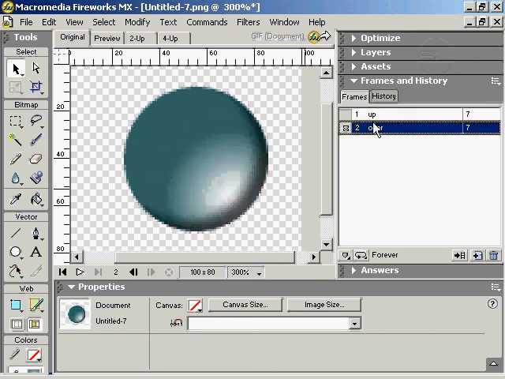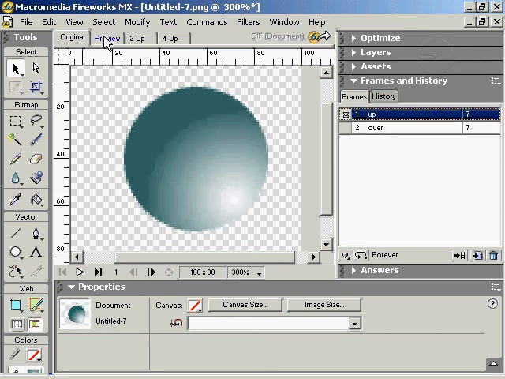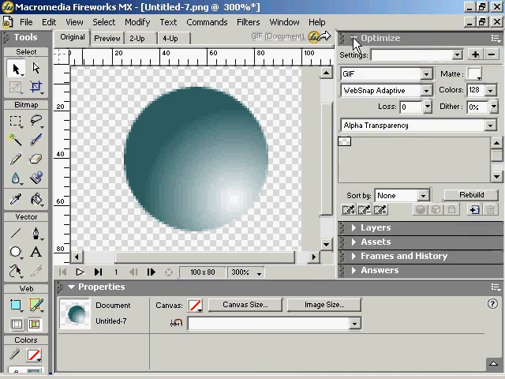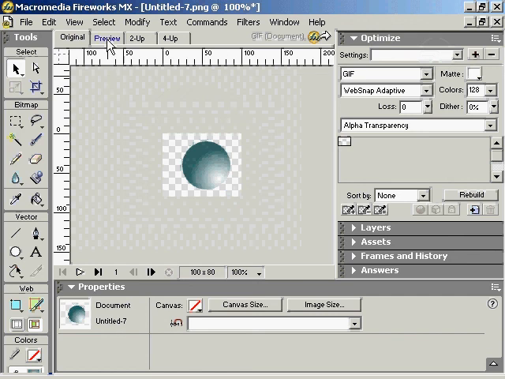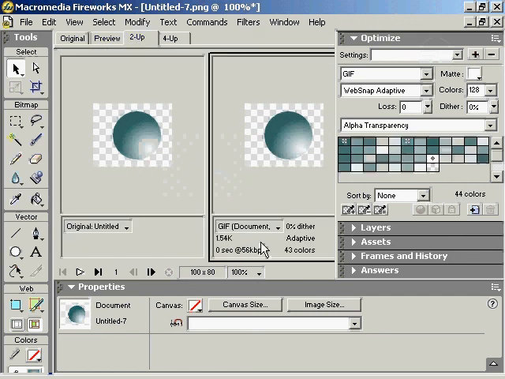Okay, so what I'm going to do now is on the optimize, I'm just going to come out a bit, and I'm going to go 2-up straight away, and I'm going to see that at the moment it's 1.54, which is quite small as a GIF, so I'm happy with that. I could knock even the color down here a bit more,